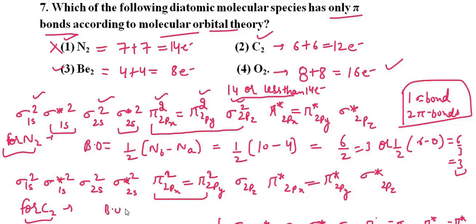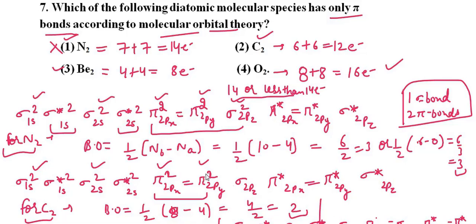So we can calculate the bond order like this. 1 by 2, the number of electrons in bonding is 4 when we consider only the outermost shell configuration. When we consider the whole configuration, then 2, 4, 6 and then 2, 8. So 8 minus 4, we can calculate like this also. The bond order comes out to be 2 here.